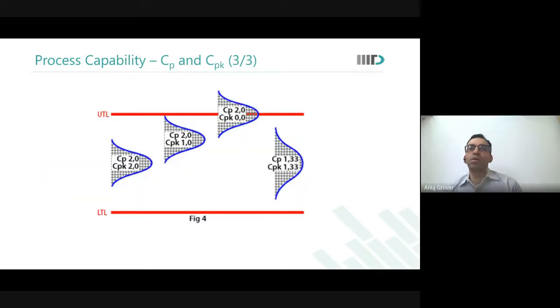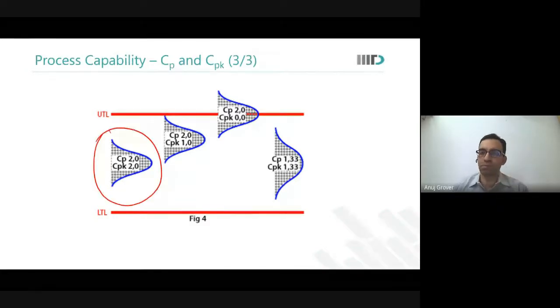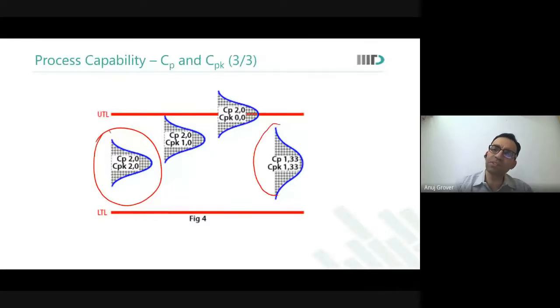So what we are essentially looking for is that CP should be good and CPK should also be good. Ideally, this kind of a process is very good. Okay, CP equal to 1.33, CPK equal to 1.33 will also work. But if CP is equal to 2, CPK थोड़ा बहुत बढ़ जाएगा तो भी फिर चल जाएगा। ठीक है, there will be some yield loss here, but that's okay. But there is a margin, there is a boundary.